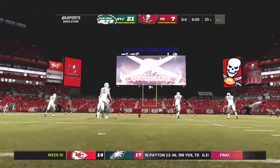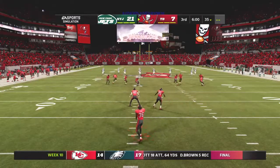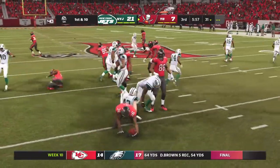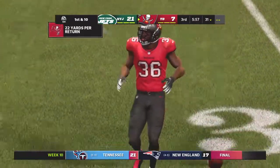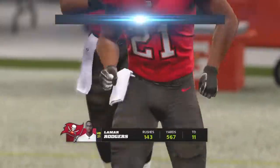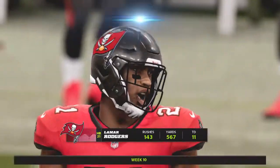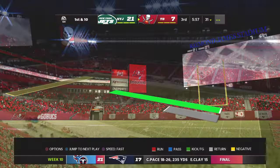So this a 2-possession ball game as we get back underway, set for the 3rd quarter. Taken from about the 12. And they're going to start this drive in pretty good shape, up past the 30. Out come the Buccaneers. They'll have it first to start in the 3rd quarter. And they're still very much in this game, although they do trail. What's the game plan, Charles, for the second half? It might be a little counterintuitive because...